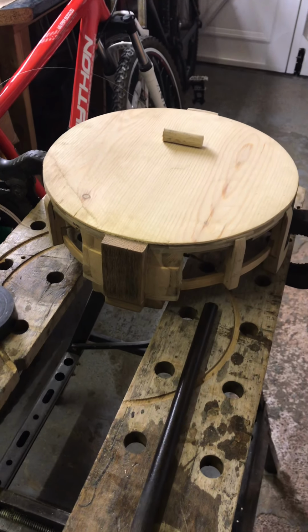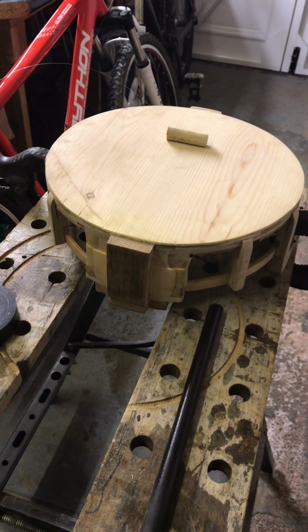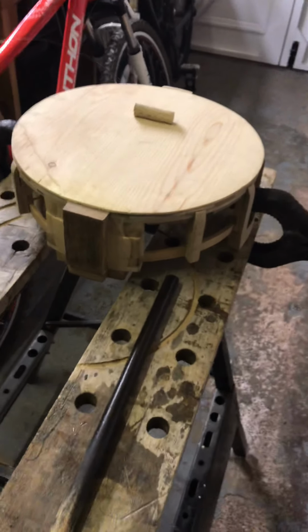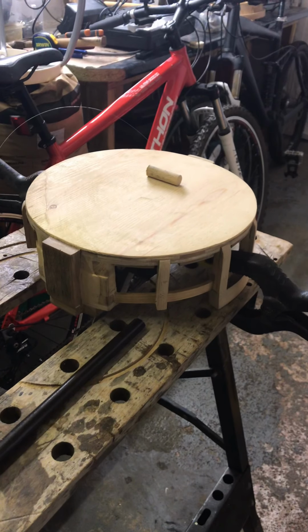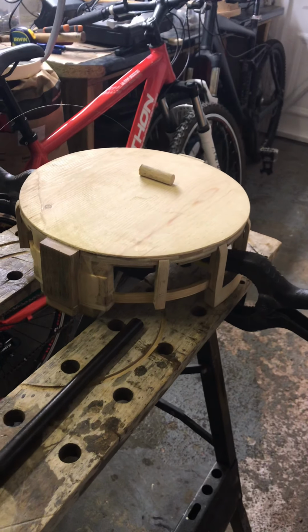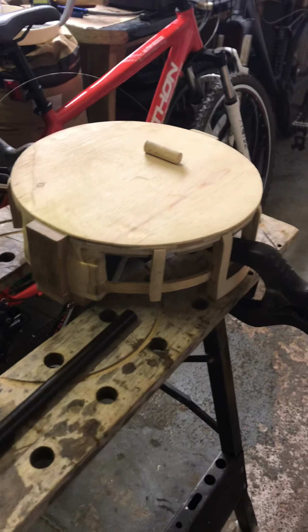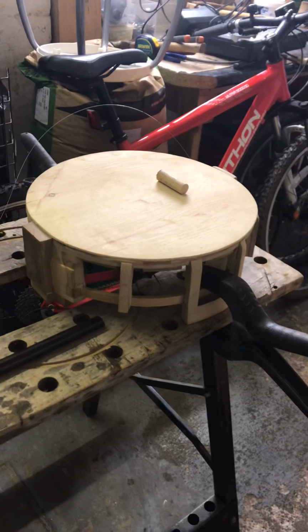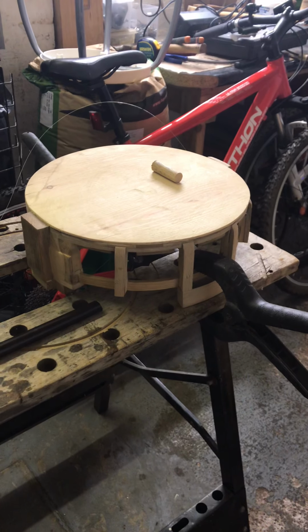Okay, I want to conduct a banjo experiment. Here is a novel thought. Do you need a great big solid whacking pot on a banjo to get a sound out of it? Do you need to waste all that unnecessary wood in order to apparently improve the sound of the banjo? So, in order to answer this fascinating question, I have built two banjo heads